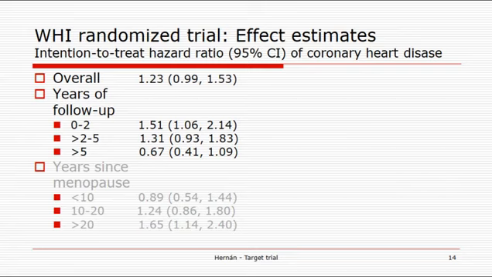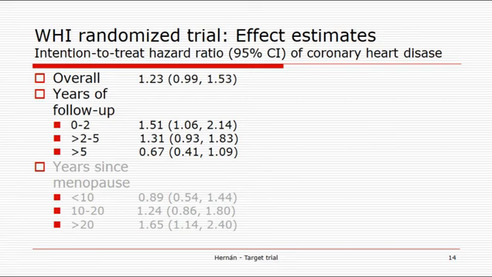Now, after 5 years, if we compare women left, these super women in the hormone therapy group, with the normal women in the placebo group, yeah, of course, super women have a lower risk of heart disease than the normal women. That doesn't have any causal interpretation, it's just a result of the bias that we have excluded the susceptible women in the